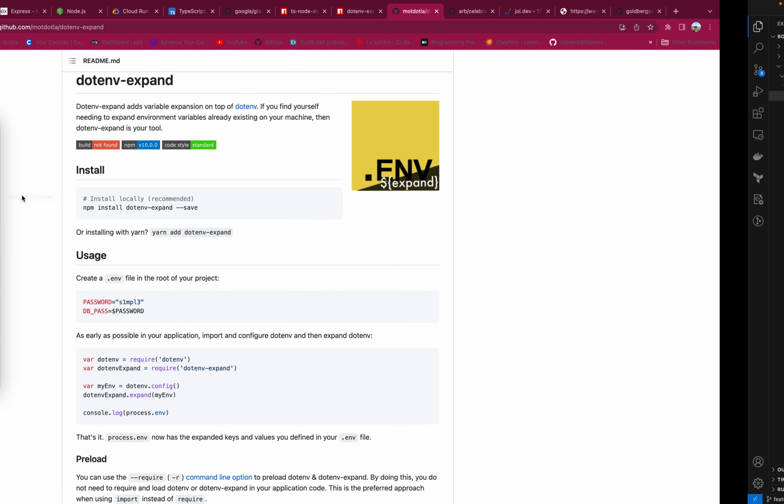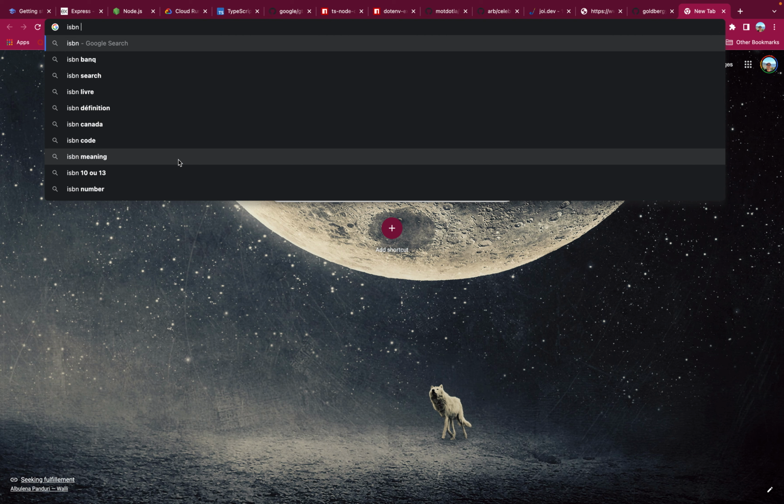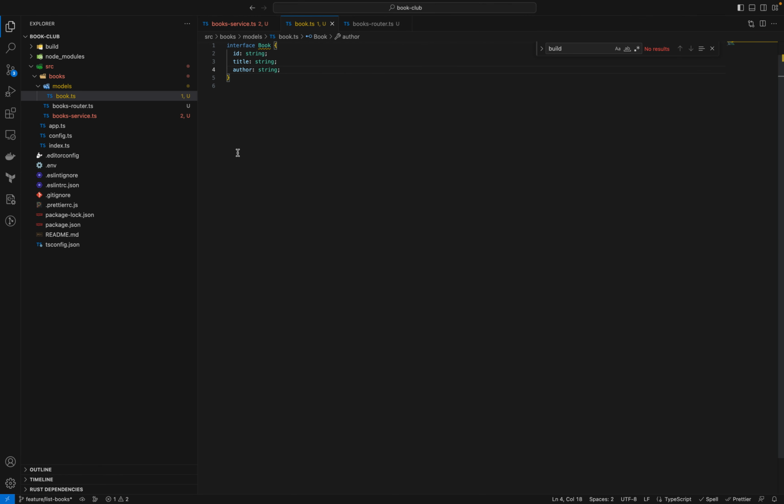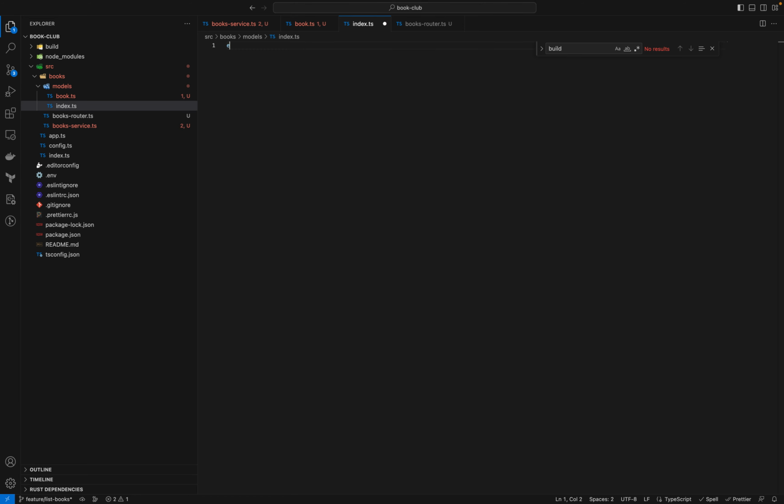There's a thing about books, it's the ISBN, the international standard book number. So ISBN also is going to be a string, and we're going to export this interface,